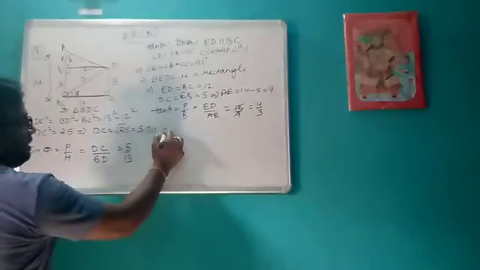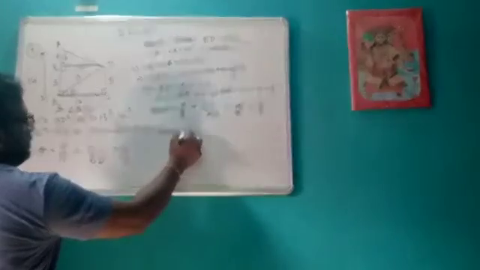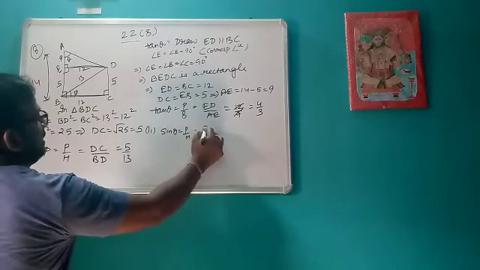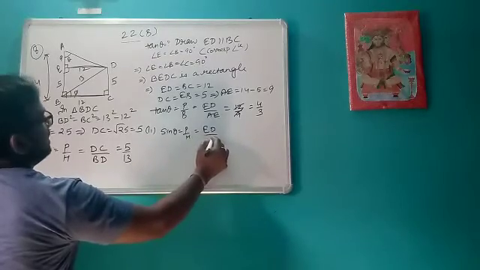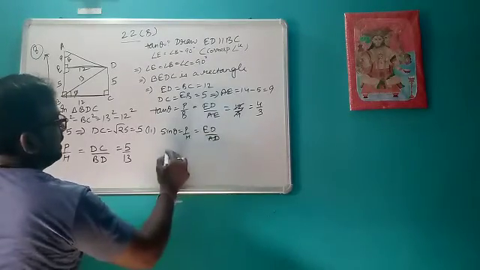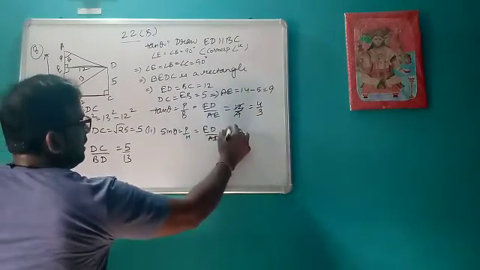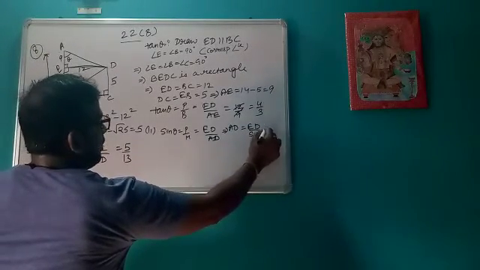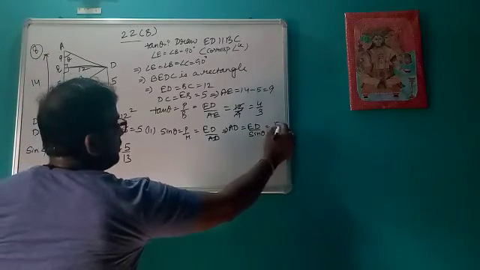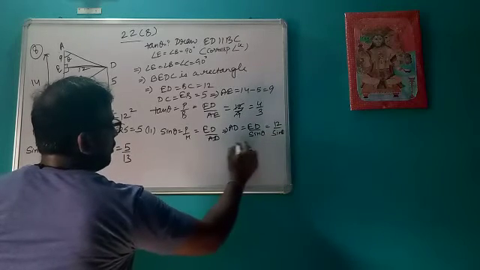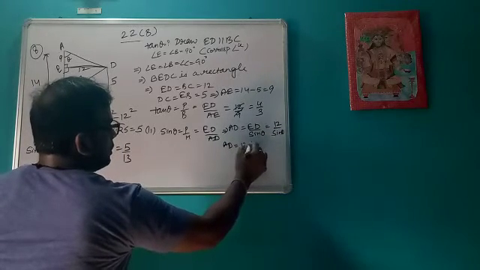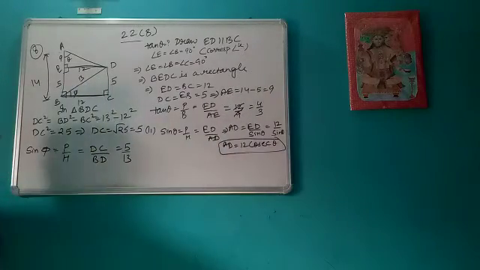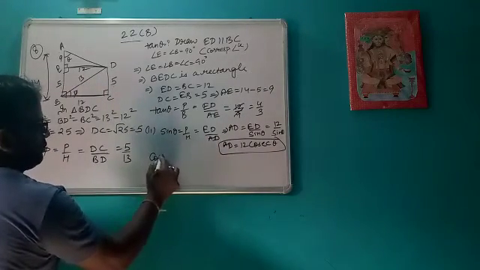So you can take either sine theta, that is P upon H. So what is P in this case? ED, and the hypotenuse is definitely AD. So what is AD? AD you will get ED upon sine theta, or ED was 12. So it is 12 upon sine theta, or you can write AD equal to 12 cosec theta. One answer.